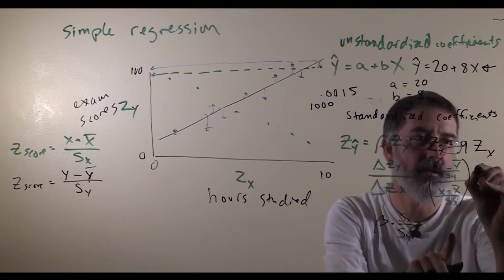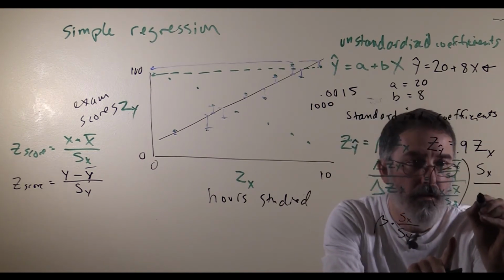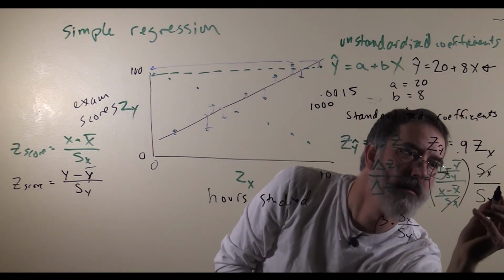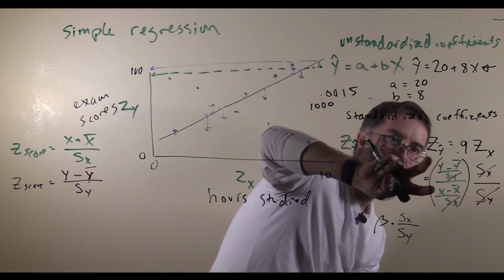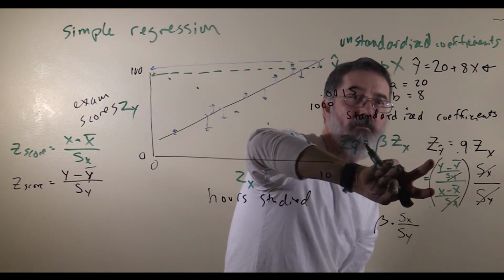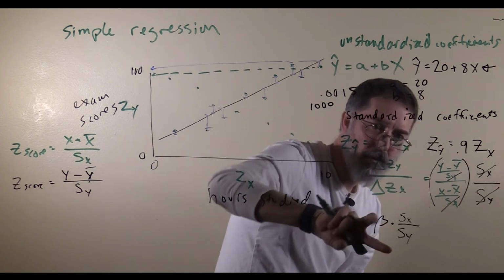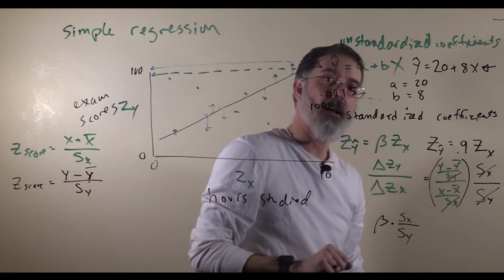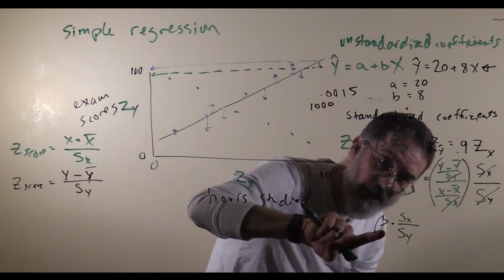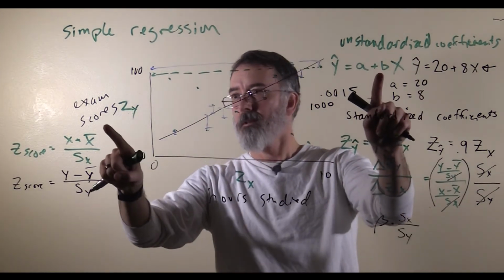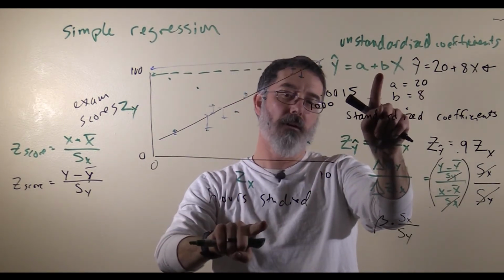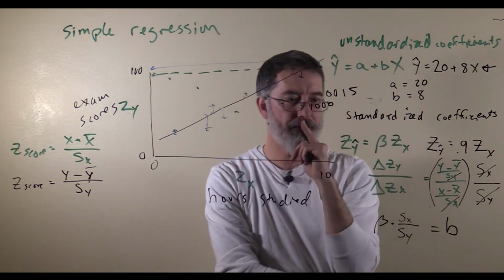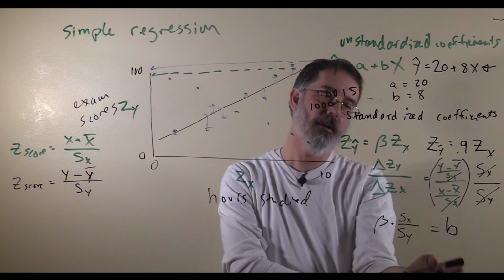And so what that does is it basically cancels out those two, leaving you with the original units that you had before. And so if you just take a beta value and multiply it by the ratio of those two standard deviations, you get your b value back. You get your unstandardized coefficient back. You go from units of standard deviation to the original units, scores per hour studied. So this equals b. So you can transform these pretty easily back and forth,